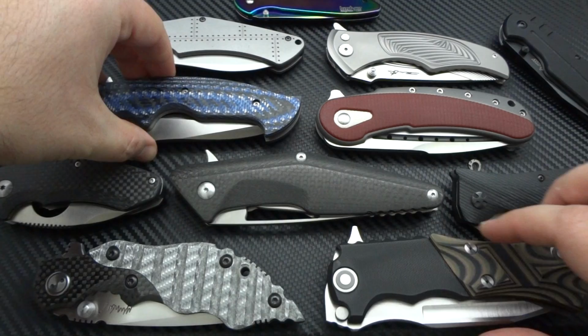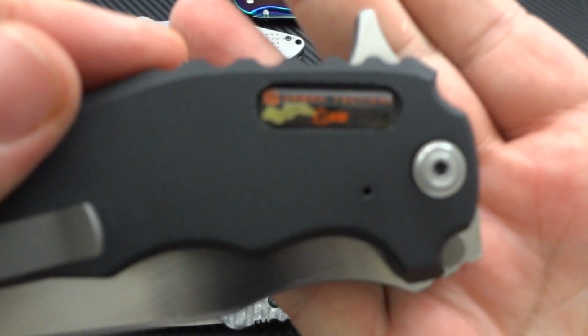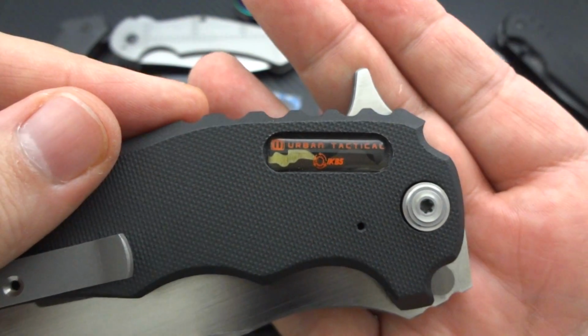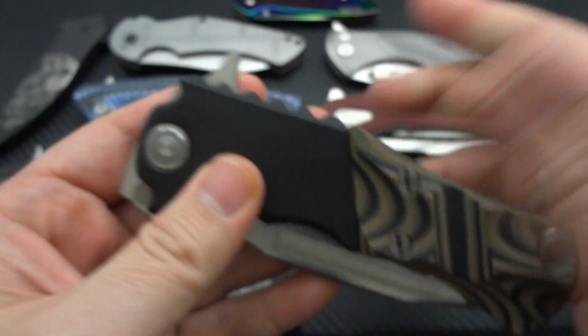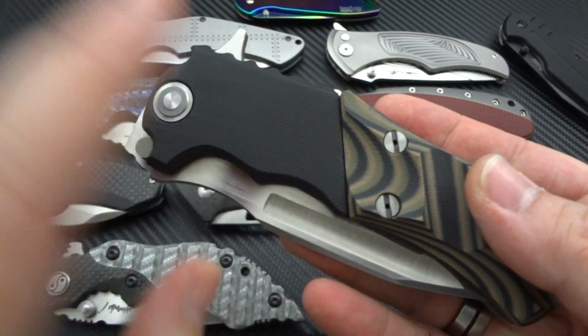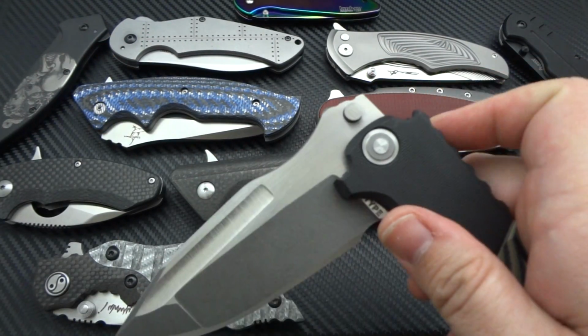Now you look at something like this, and you guys have seen the video I did on this. This is my prototype from Mikkel Williamson. He's actually building me 2 more customs right now, and I can't wait to get them. But this was a prototype, so when you get into a prototype, that always means there could be something here or there that isn't quite right. And the thing that's not quite right on this one